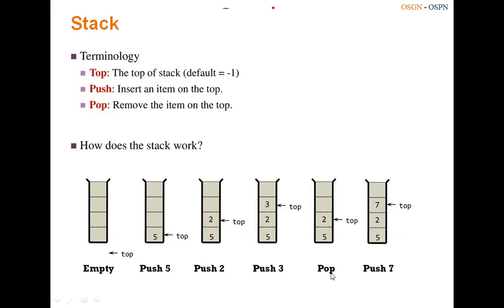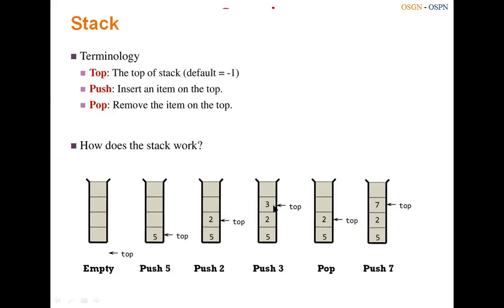Then pop. So pop means we'll remove the data item from the stack. So in pop, this 3 is popped. In case of deletion or pop operation, just this pop command is used. So no need to write the data item, because whenever you write this pop, by default, it means that the top element of the stack will be removed. Okay. So just a pop is written here. So pop means it will remove the top element of the stack. So here this is removed.